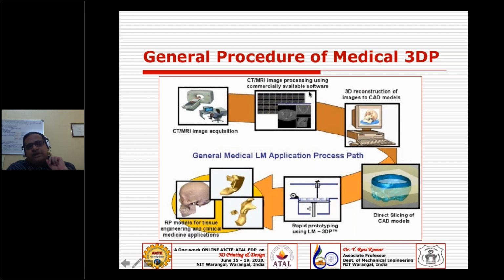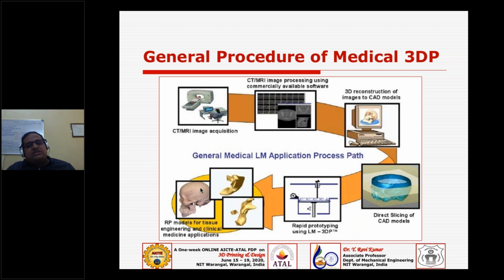And of course, from that software data, you take it as an STL file and use any 3D printing interfacing software to do slicing. You know how to do that. In fact, you have had hands-on training on the Cura software, how to generate the G codes, right? Once you generate the G codes after slicing, you send it to the machine, and then you get your biomodel. Then you take this biomodel and use it for any application.